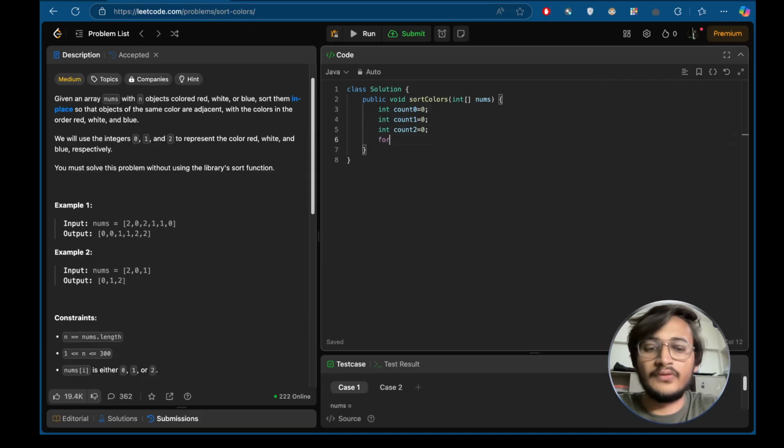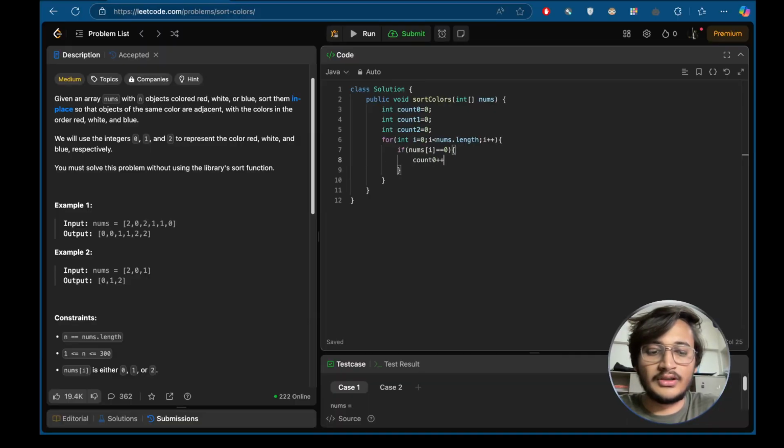Now what we have to do, we have to count for these two numbers. So let's start a for loop. Int i should be equal to 0, i should be less than nums.length, and then i plus plus. Now we just have to compare the current element. So if the current element, which is nums[i], is equal to 0, then we have to increase the count0 plus plus, and the other condition will be,